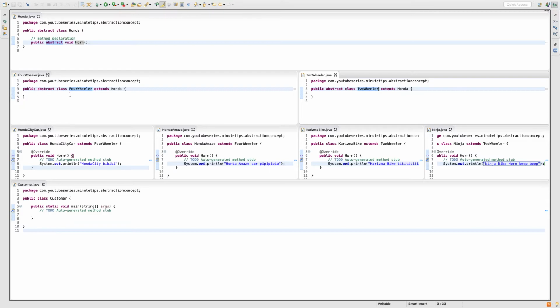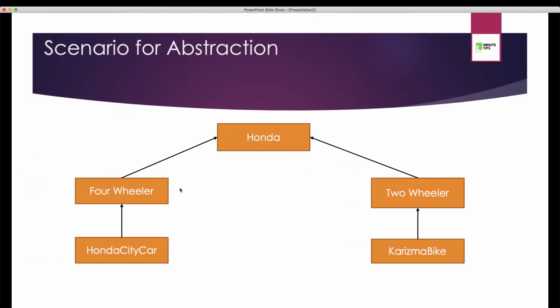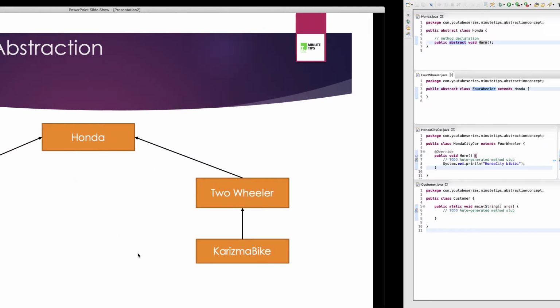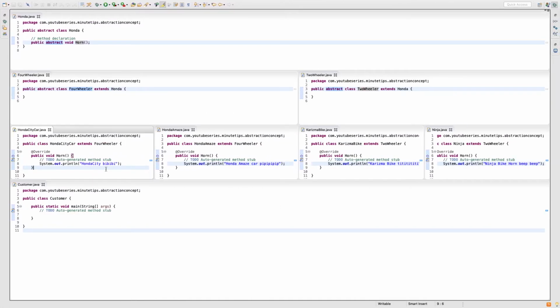I am not implementing that method here, so these two classes also became abstract classes. But as soon as my four-wheeler class became abstract, it is forcing its child class, the Honda City car class, to implement that method, and here we have implemented that method.